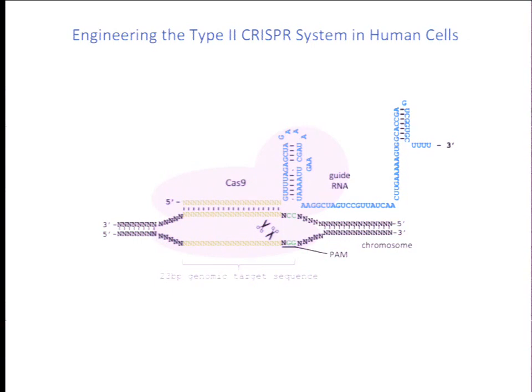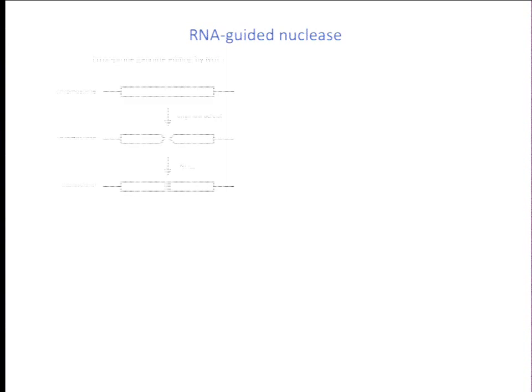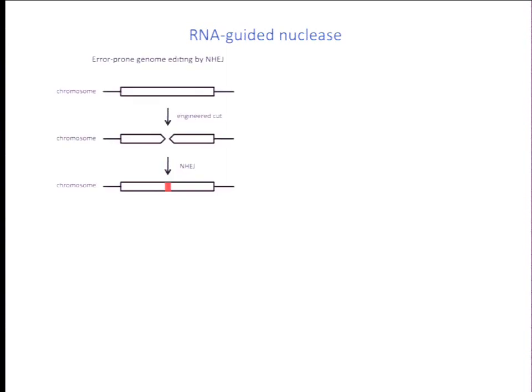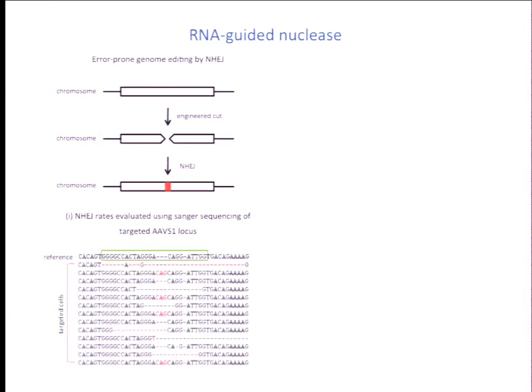So in our initial experiments of trying to evaluate how the system works in human cells, we turned to the process of non-homologous end joining, where if you make a targeted cut at a certain region in the genome, but you do not provide a repair template, then the cells will try to repair themselves, but will often do so in an erroneous fashion and leave behind random deletions and insertions, which can be assayed by sequencing. And indeed, if you make a targeted cut here in the region highlighted in green, and if you assay the population of cells that have been subjected to these Cas9 guide RNA molecules, then you see a range of insertions and deletions at your target region of interest.